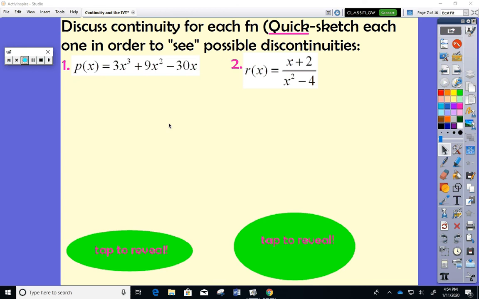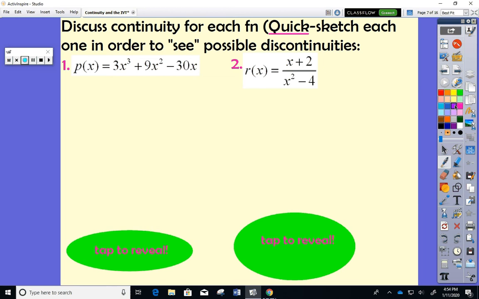So if you're going to discuss continuity just overall on graphs, you're either going to say something like the graph of P of X is continuous on its whole domain, or you're going to say P of X is discontinuous at, and you'll name specific X values. So in order to make comments like that, what you're going to want to do is draw quick graphs as